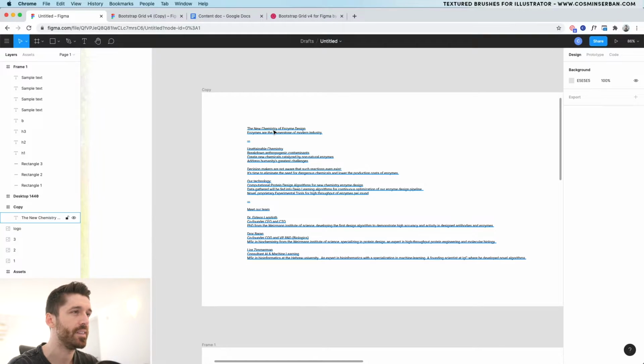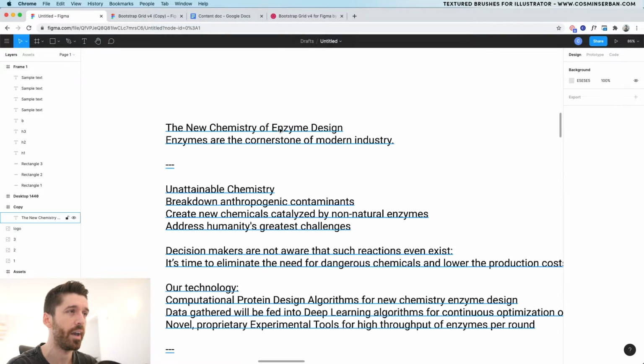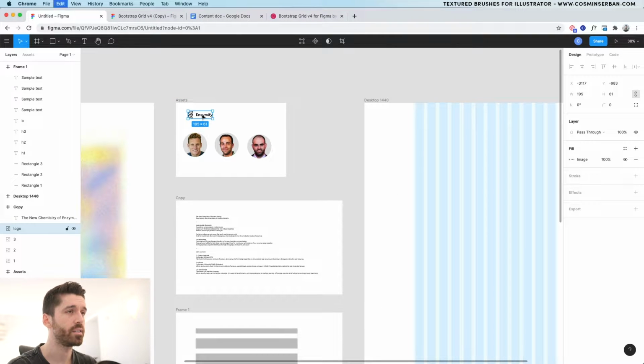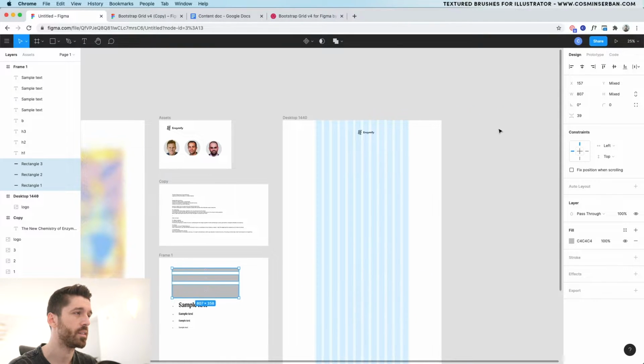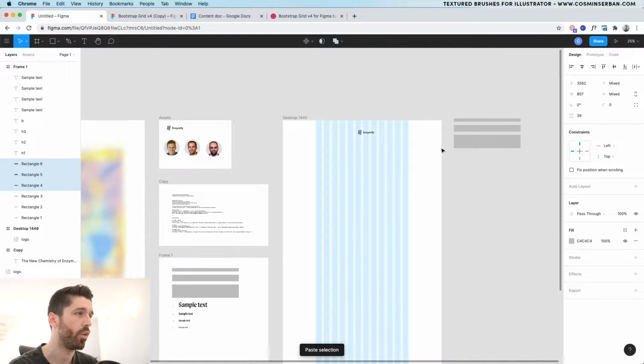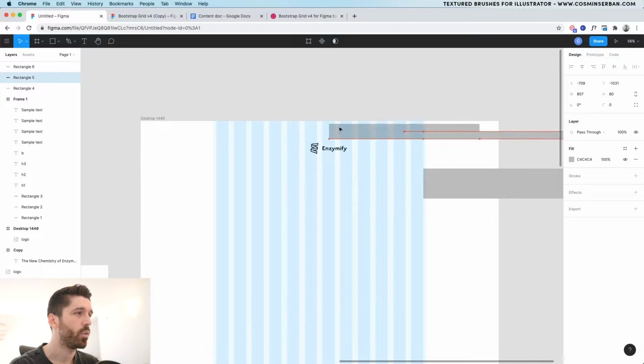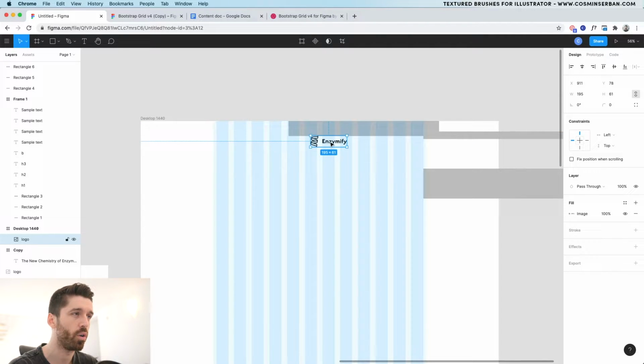So let's start with this section. This is going to be the H1. This is going to be probably the body copy text. Let's take the logo first. I'm going to copy and paste it in. Let's copy and paste these elements as well, just because I'm going to use them for reference whenever I need them. So let's start with an 80 pixel, move the logo there.